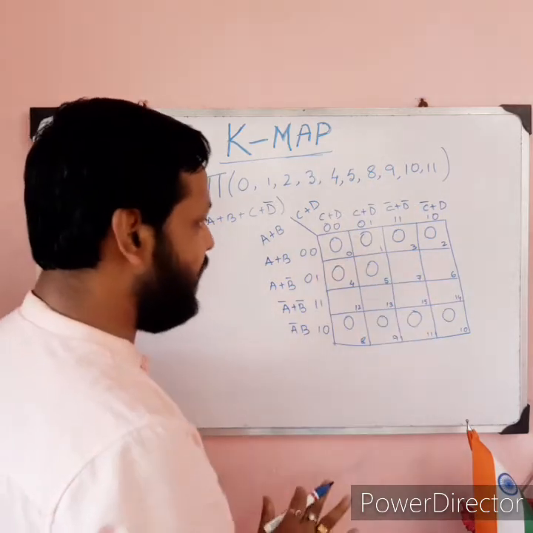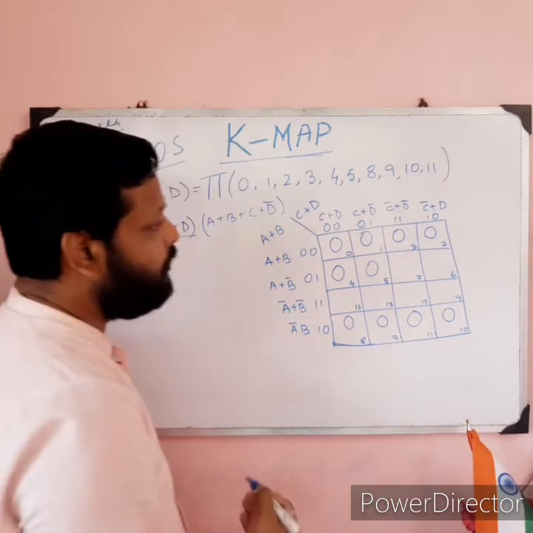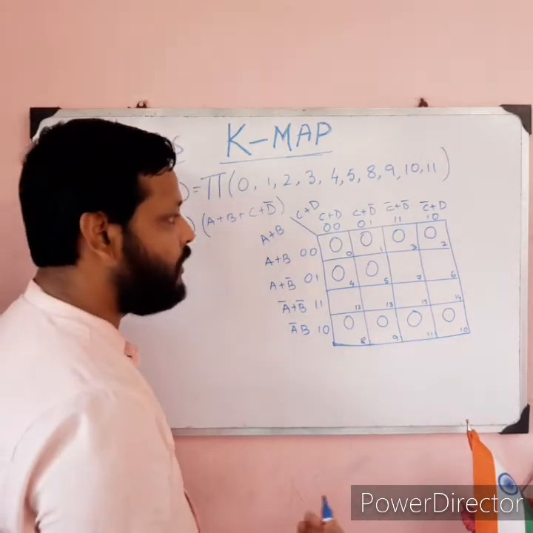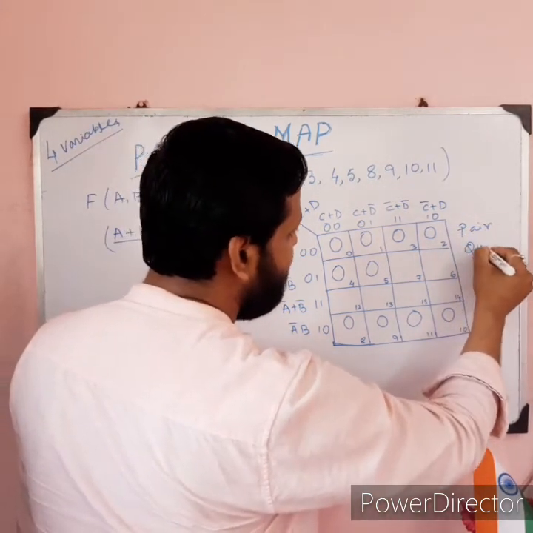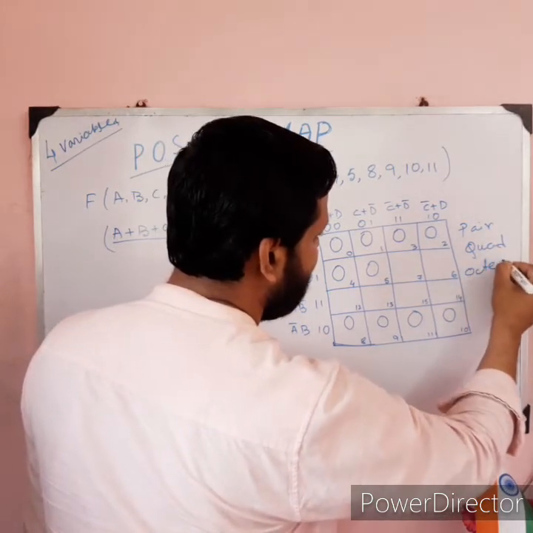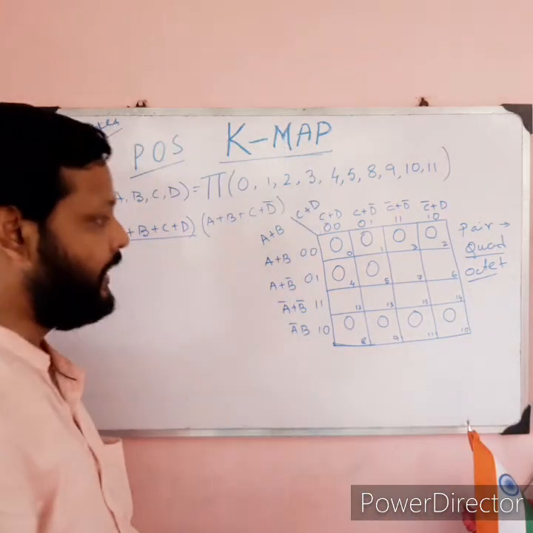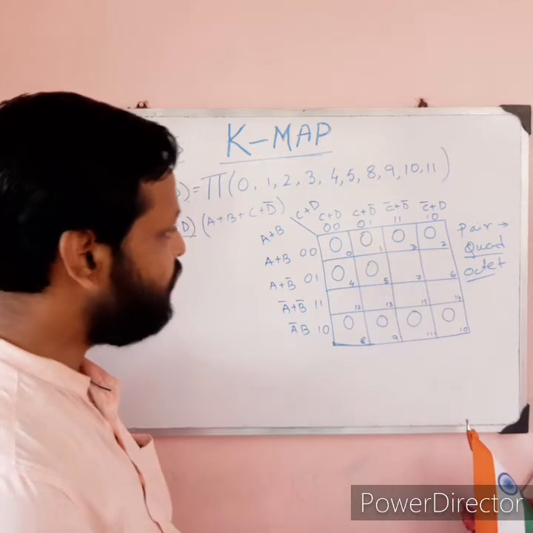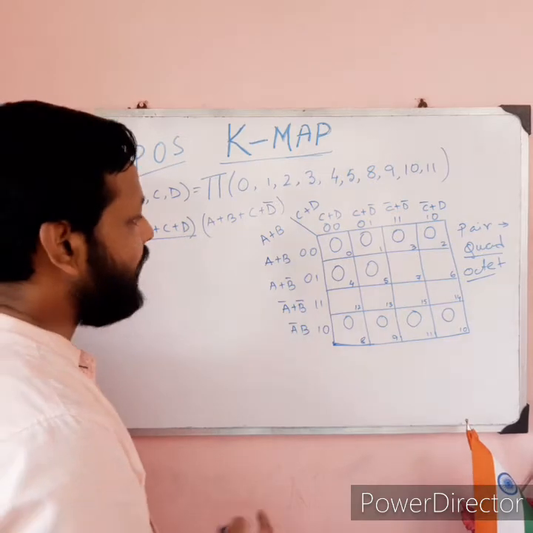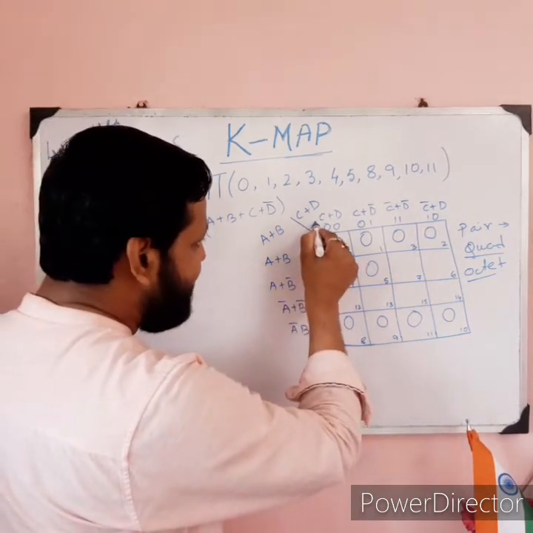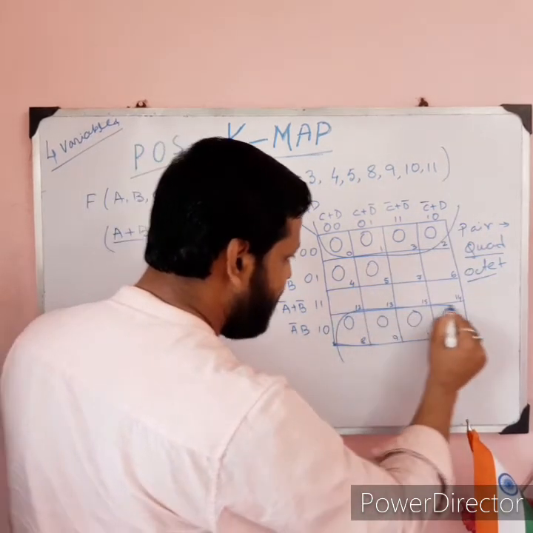These 10 terms we used. To reduce this, now we have to find the groups. As I told earlier, a group must be created as a pair, quad or octet. Quad means 4, pair means 2 and octet means 8. But this group should be created according to the symmetric form. So what group can we create? Please concentrate here: we can create this 4 and this 4 as an octet.